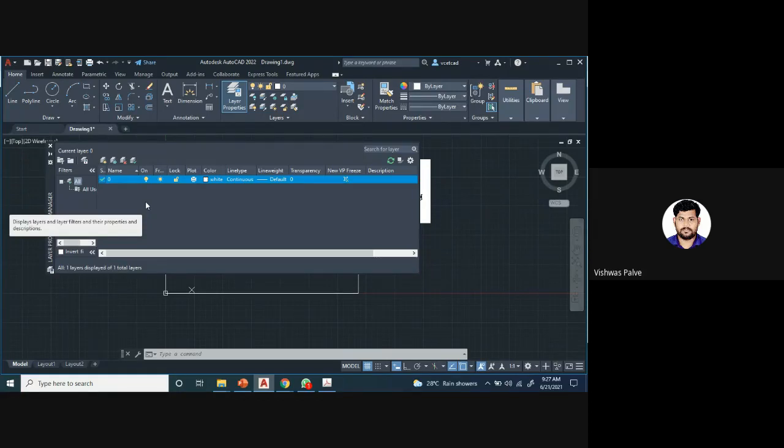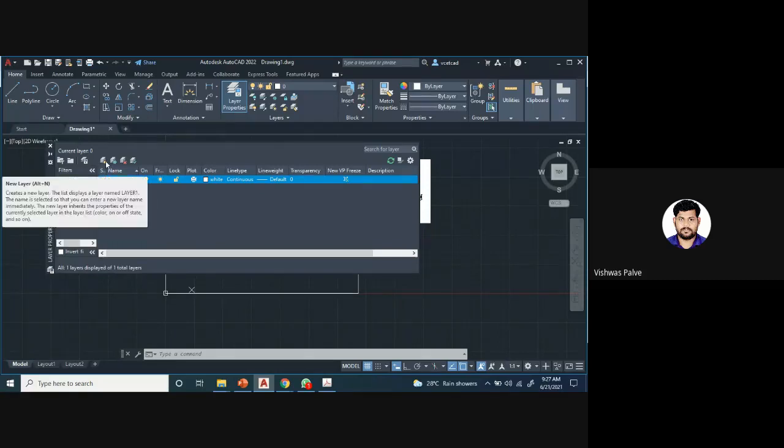Okay, so you'll find that there is one layer setting which I have shared in the WhatsApp group. These are the things which we have to set. So this will be a reference for you. You can just click and see that image. The screenshot of that layer property manager has been shared. So this will be your reference. Henceforth you have to use that as a reference. So we'll try to set all those things here in AutoCAD.